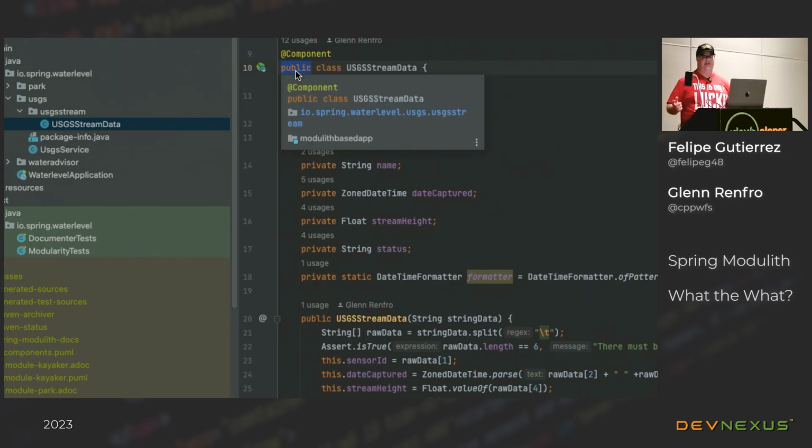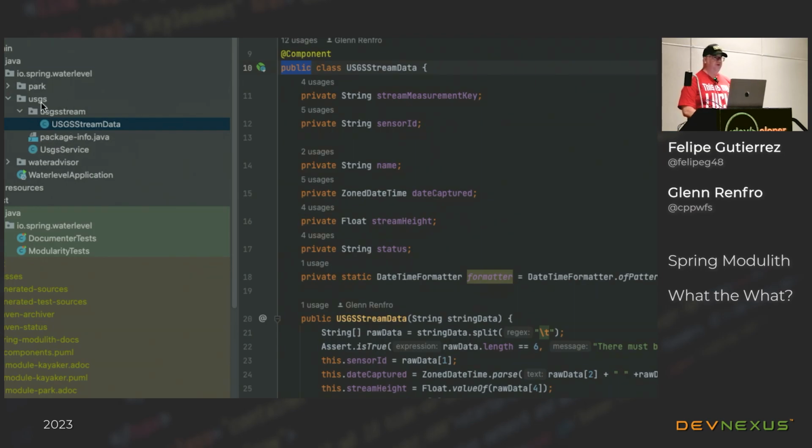And when I compile it, according to Java, I can use it in any of the other packages. But how do we enforce keeping it within that module? The other stream module is going to offer some unit test tools such that when I do my testing, it will tell me at that time, hey, you're trying to use this USGS tool from a class you're not supposed to. It will demonstrate that in a little bit.